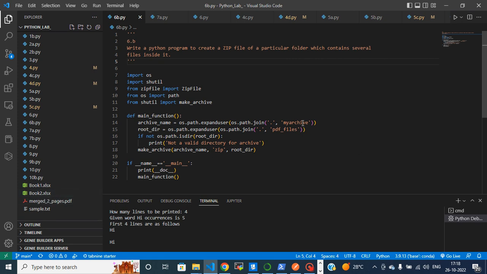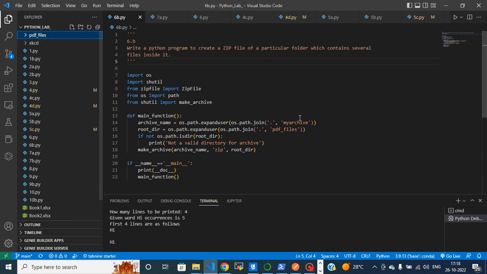So this is my archive. Why zip? Because I am explicitly instructing it to create with the .zip extension, and the way we do it is using shutil. There is a function called make_archive in shutil. We make use of it. First, os.path.expanduser. This dot is the current directory. In the current directory, we want to create an archive with the name myarchive, and the